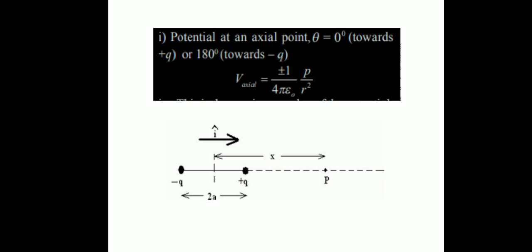Now, potential at an axial point. We have already derived the formula for electric potential due to a dipole, and we get the formula V is equal to 1 upon 4 pi epsilon 0 P cos theta upon R square. Now let us consider case number 1,